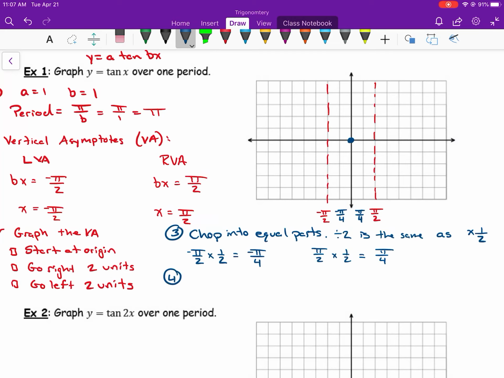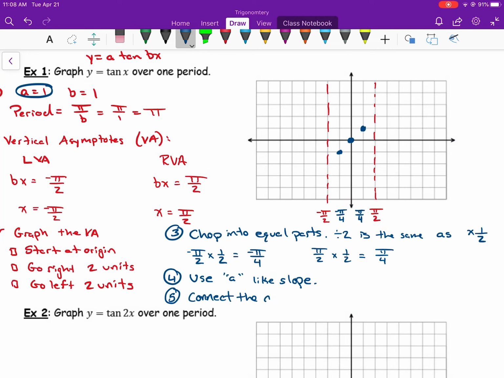Alright. So we're going to use the A like slope. Okay, so our A for this one is 1. So from the origin, I'm going to go up 1, right 1, and go down 1, left 1. And then step 5 is